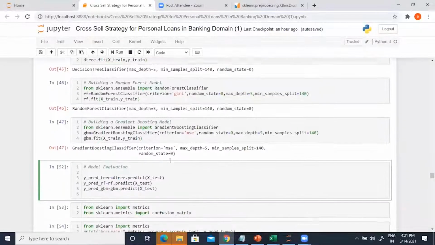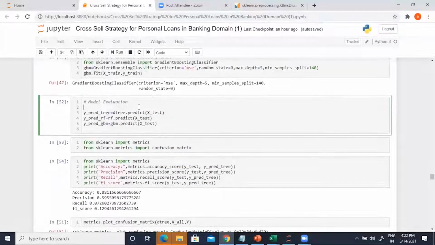No problem. Okay, now when we try to evaluate this, we can do this for training and testing both.